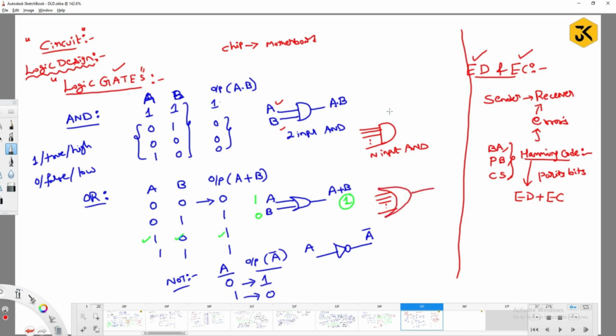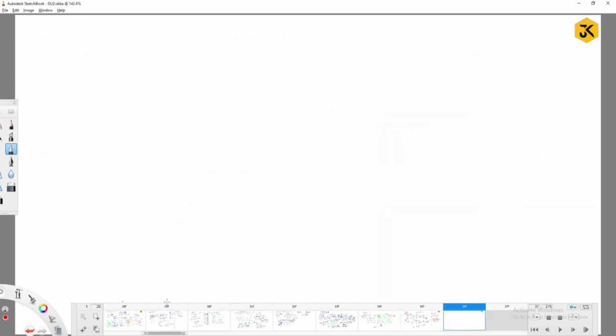What is the meaning of this? For example, this is A, B, and so on. What is the meaning of this one? A dot B dot C dot, and so on. What is this one? A plus B plus C plus, and so on. Right? The NOT gate takes only one input and produces one output, in the complemented form. Okay, fine. Next kind of gate is